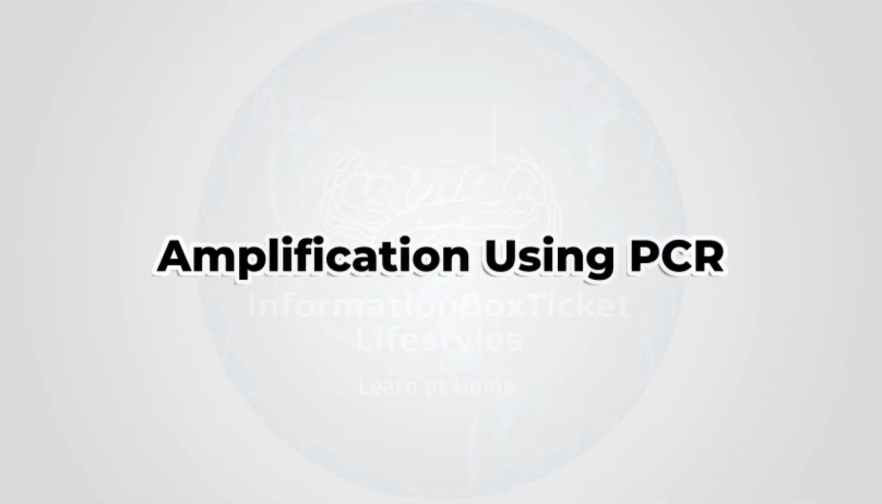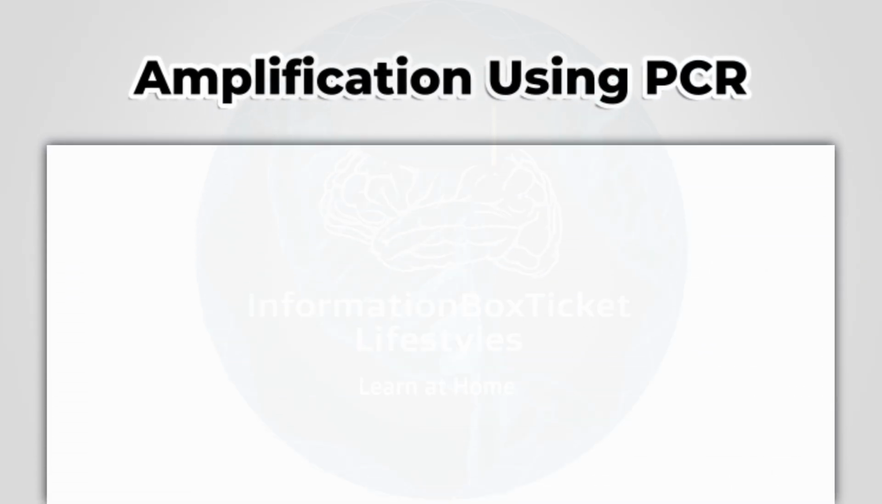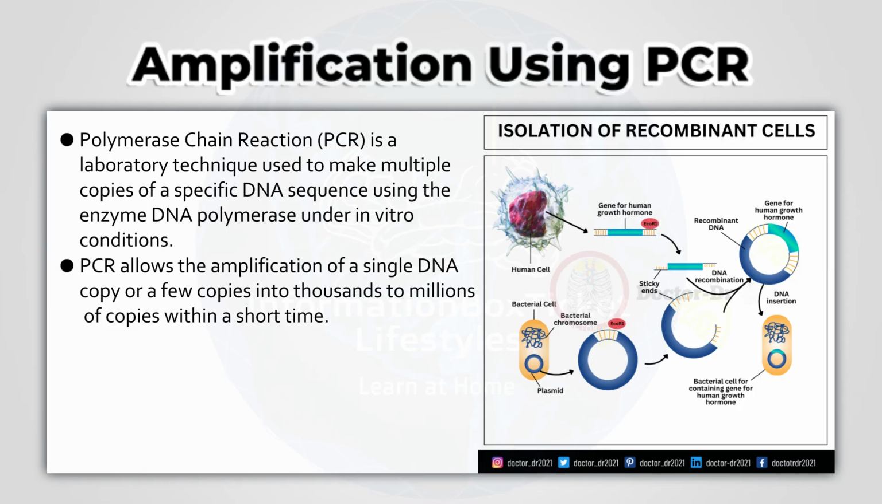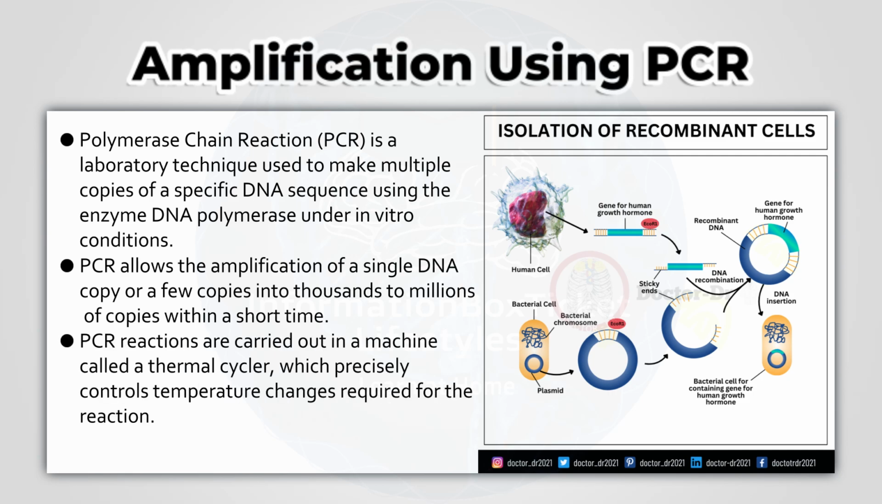Amplification using PCR. Polymerase chain reaction is a laboratory technique used to make multiple copies of a specific DNA sequence using the enzyme DNA polymerase under in vitro conditions. PCR allows the amplification of a single DNA copy or a few copies into thousands to millions of copies within a short time. PCR reactions are carried out in a machine called a thermal cycler, which precisely controls temperature changes